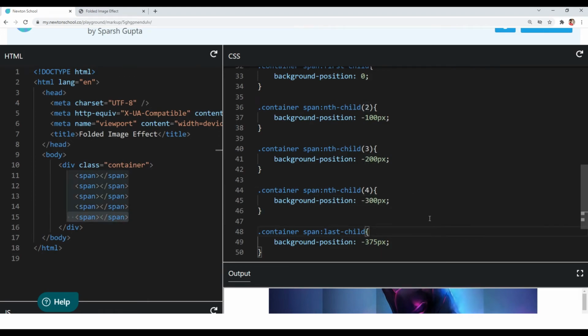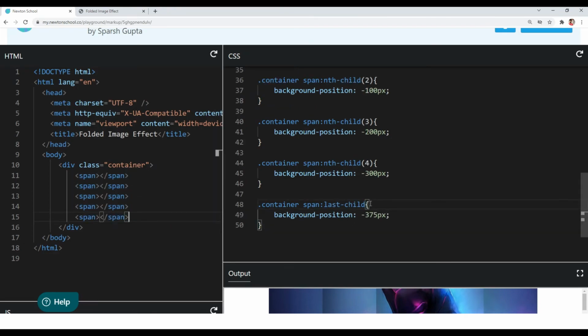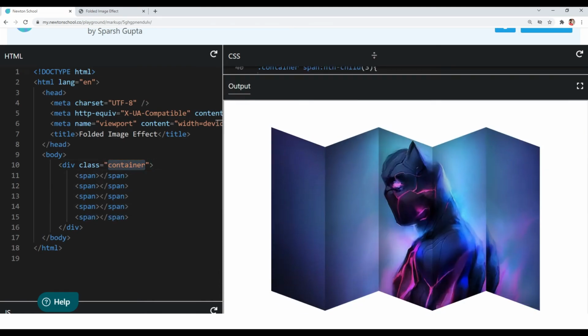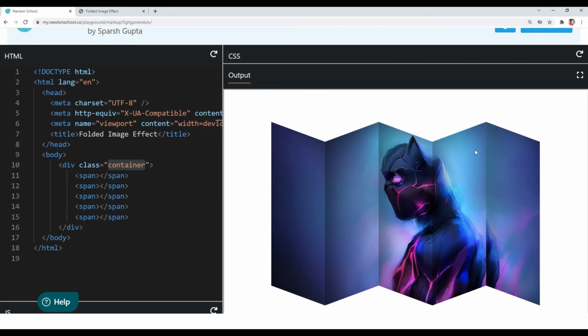And now you can see the fifth span child is the last child. So now this last-child pseudo class will select the fifth span child of our container element, and it is starting after 80%. So you can see 20% of first element, 20% of second element, 20% of third element, and 20% of fourth element.